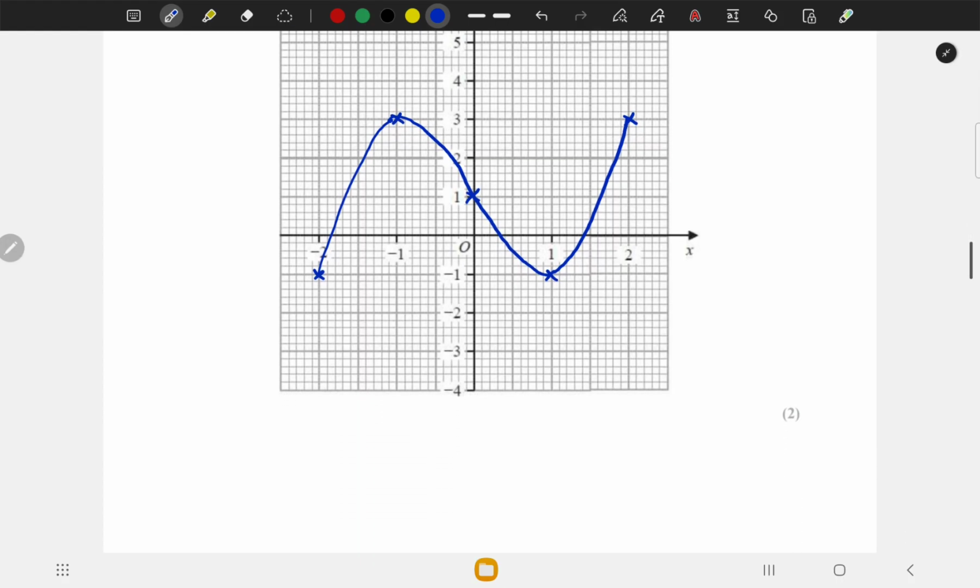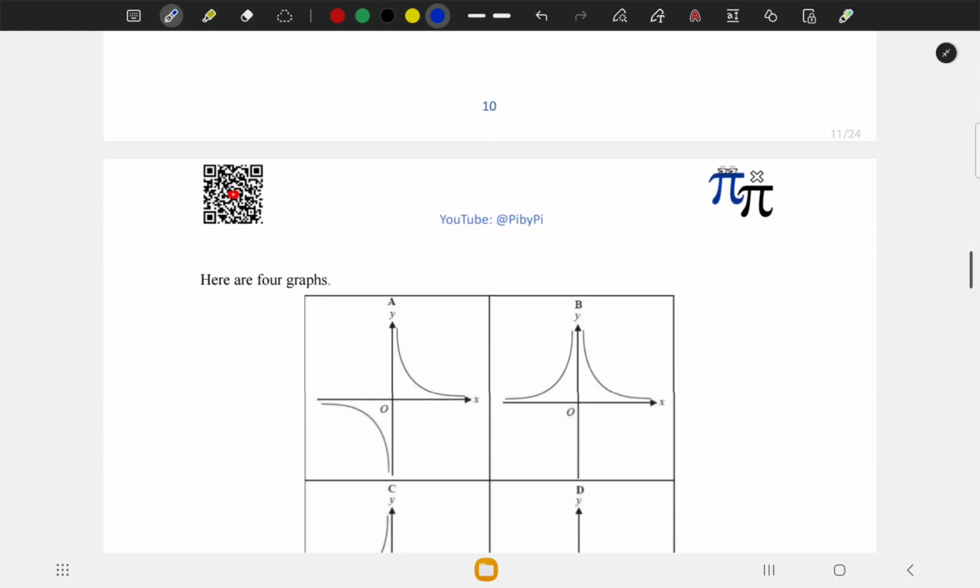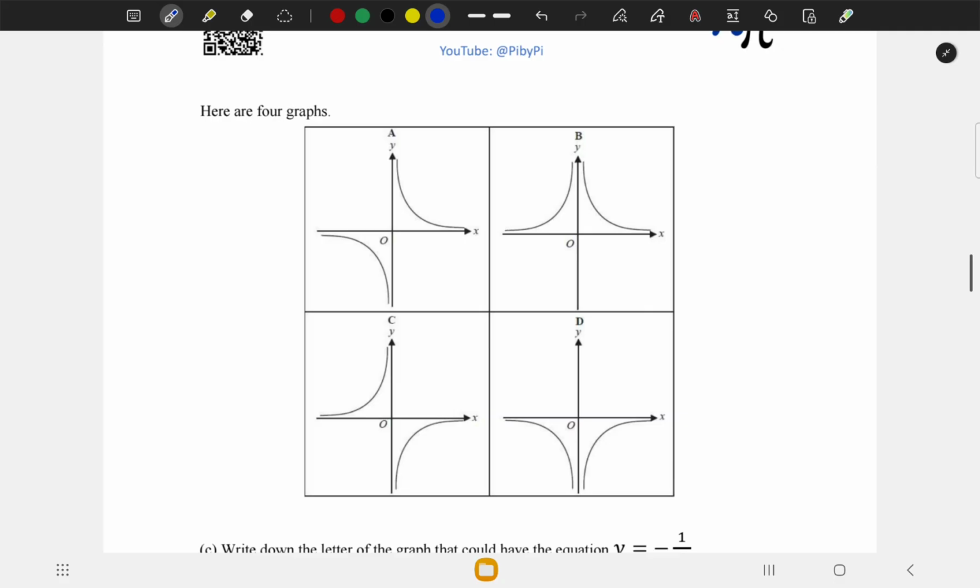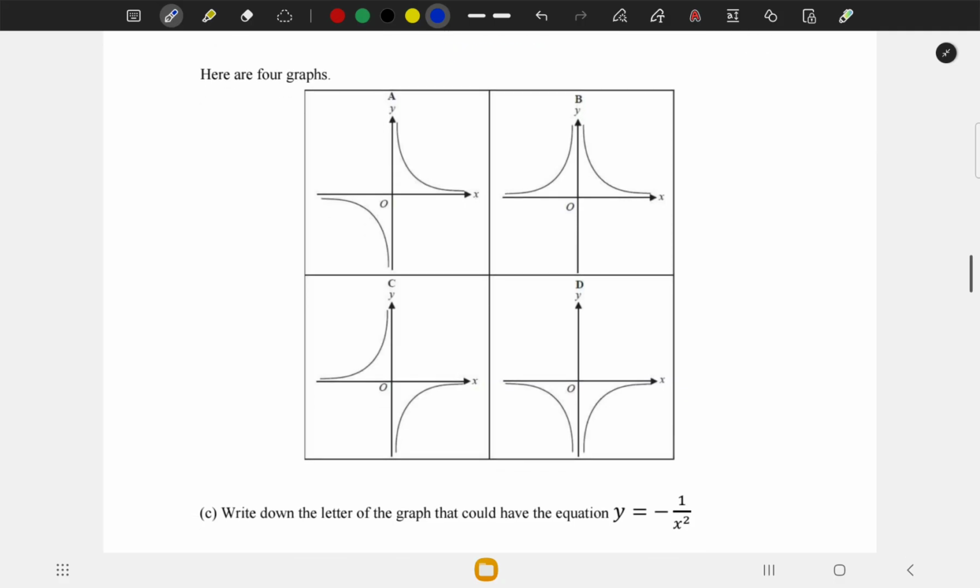Okay, great. Let's proceed on to the next question. Here are 4 graphs. Write down the letter of the graph that could have the equation y equals -1 over x squared. So you should be able to identify graphs of quadratic equations, linear equations, cubic equations, reciprocal graphs, and so on. So if I look at the first graph